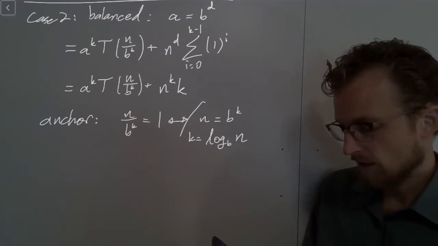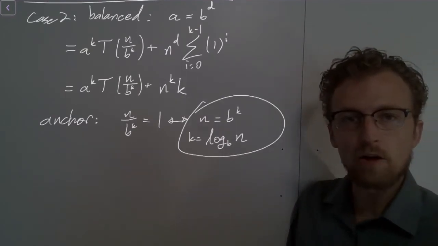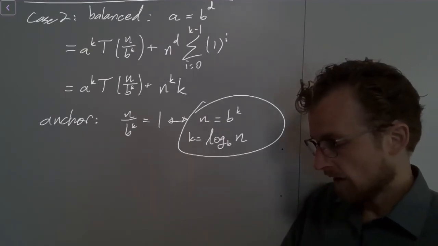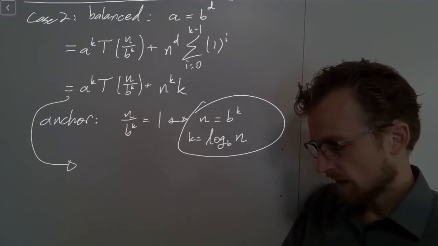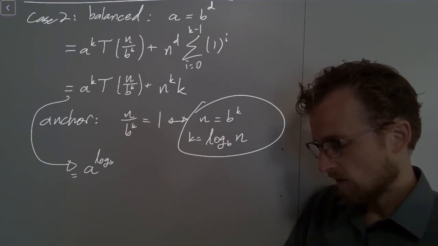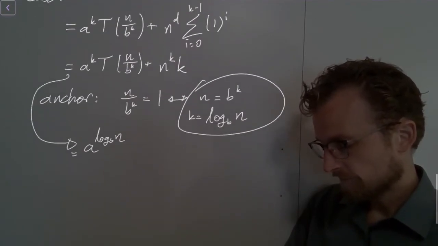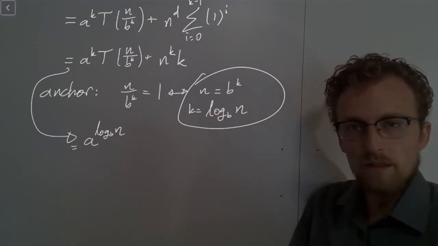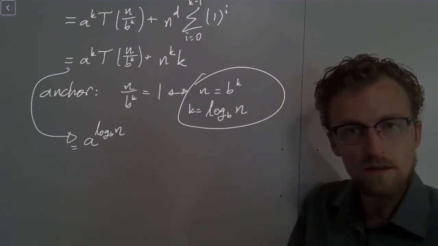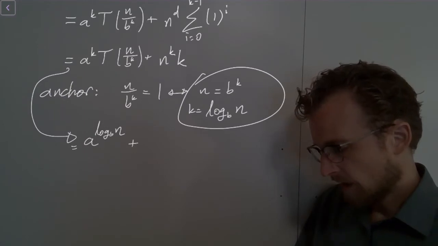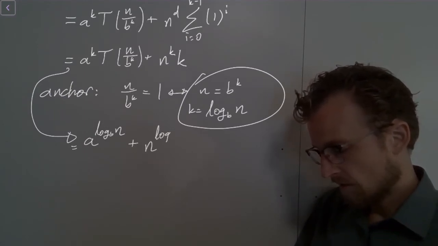So these two are our anchoring steps. And so now we can continue down and say, all right, we've now got a to the log base b of n, times 1, times the amount of time it takes to execute a base case, plus now n to the log base b